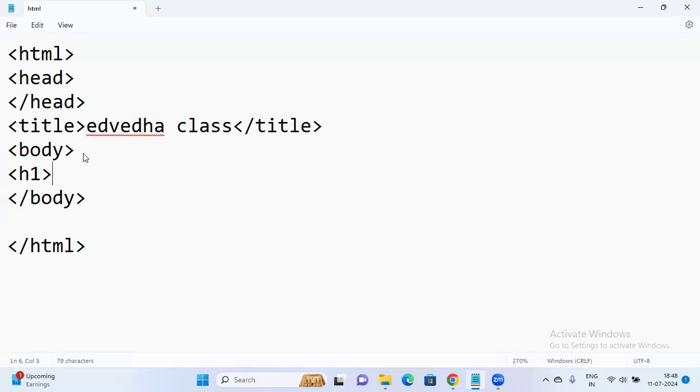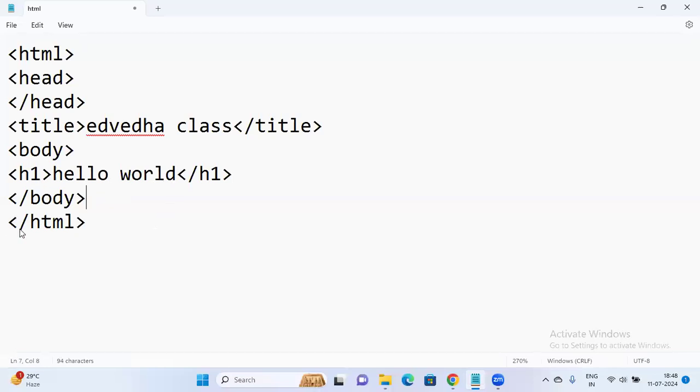I'm just writing hello world. I'm just closing the H1 tag also. Got my point? So I have written hello world in the heading tag and this is my program.